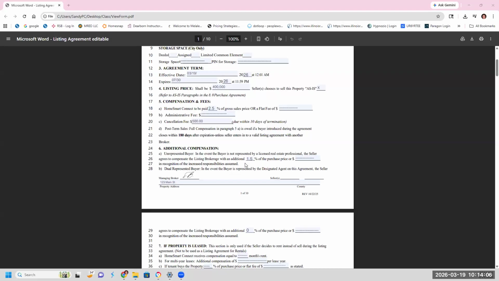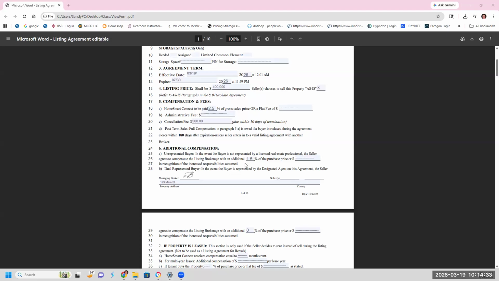I'm looking at the transactions coming in, and I would say at least a fourth of them are coming in with unrepresented buyers. Now, a question that you need to discuss with your sellers is whether you are going to be conducting yourself as ever as a dual agent.